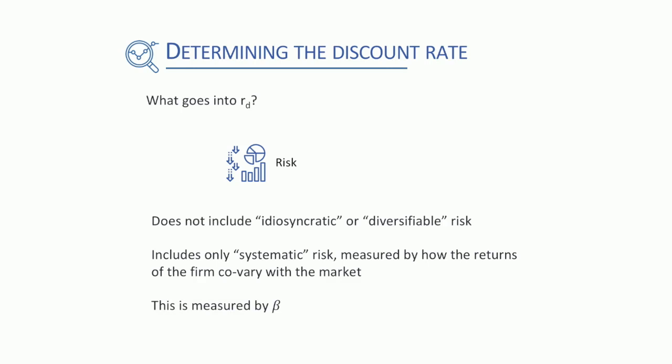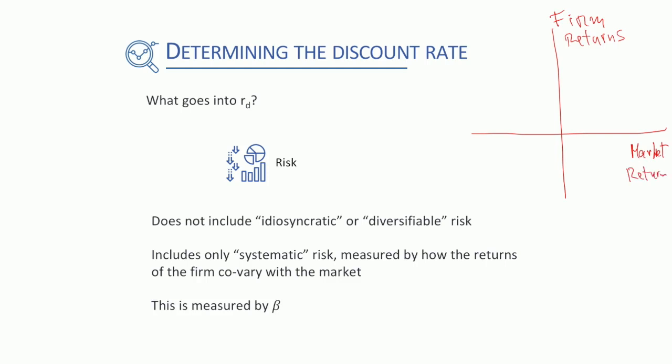Now, where does that expression beta come from? Well, it comes from the fact that the way to measure how the firm's returns co-vary with the rest of the market is by running a simple linear regression. So how do you measure this? You would measure this by having the firm returns on the y-axis and having the market returns on the x-axis,